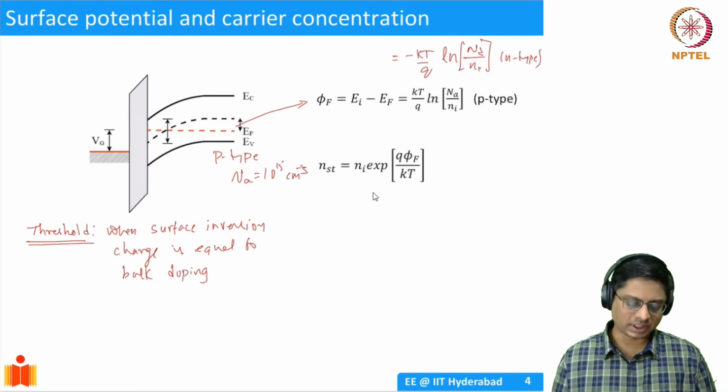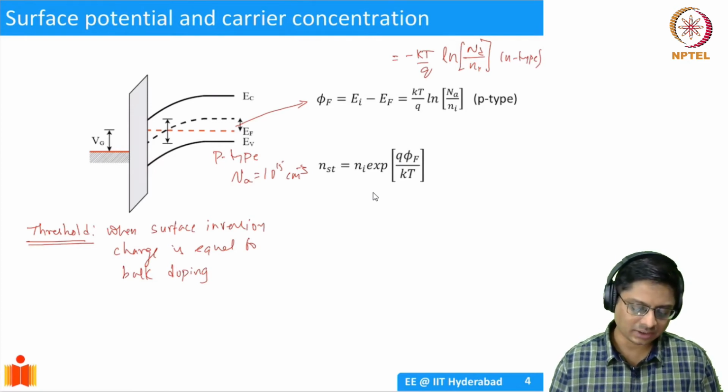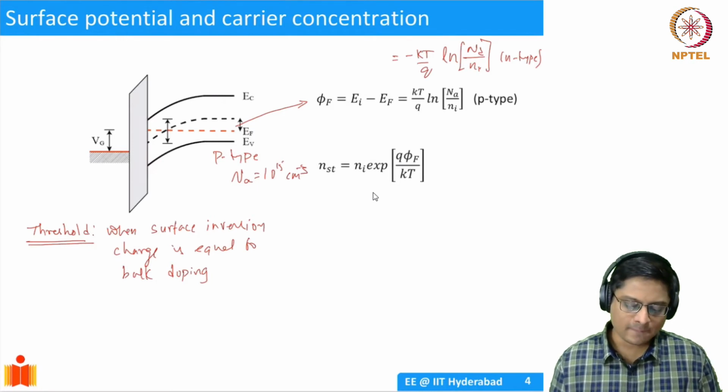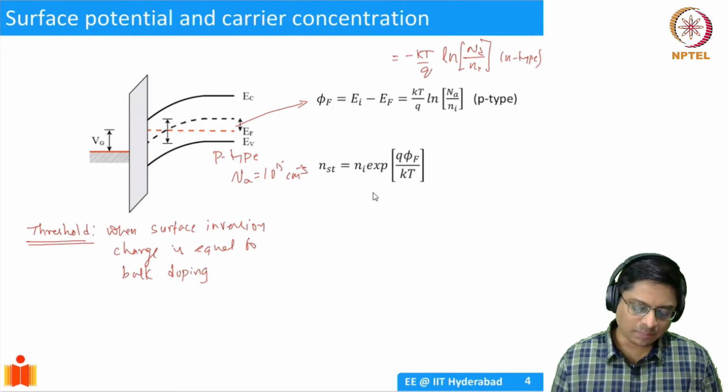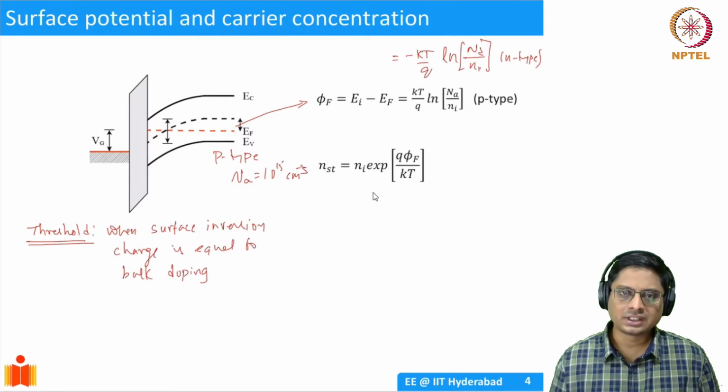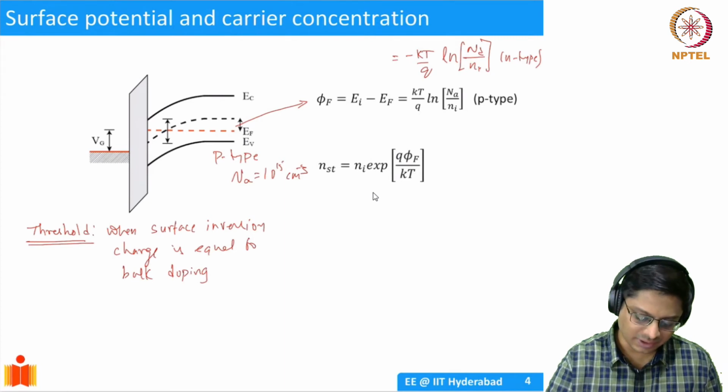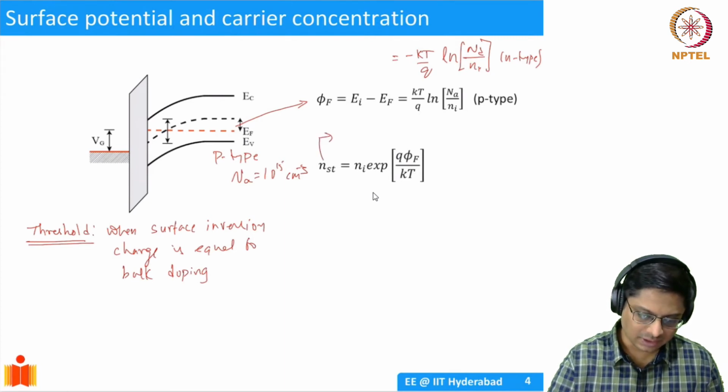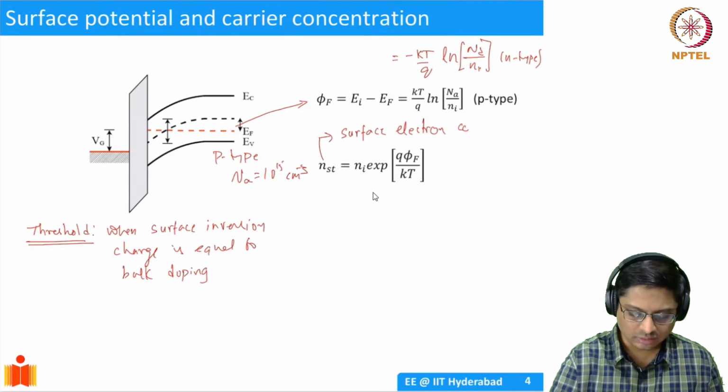Okay. So yeah, for n-type you have the Fermi level higher than EI. So that will be negative by this definition, EI minus Ef. Okay. So in the bulk, you have a phi f. How many electrons should be there? Well, the number of electrons at threshold, right? This is basically, I'll say, the surface electron concentration at threshold.